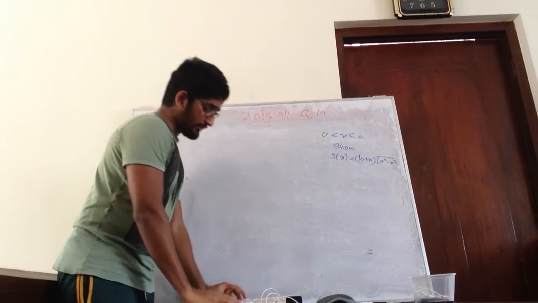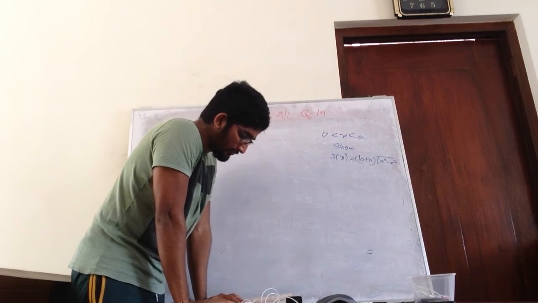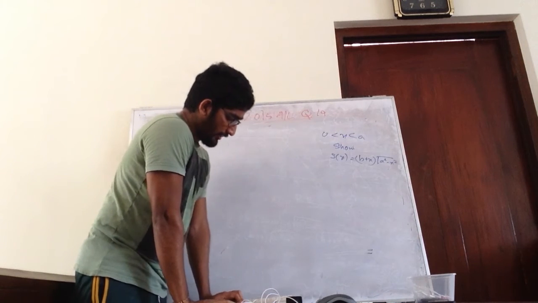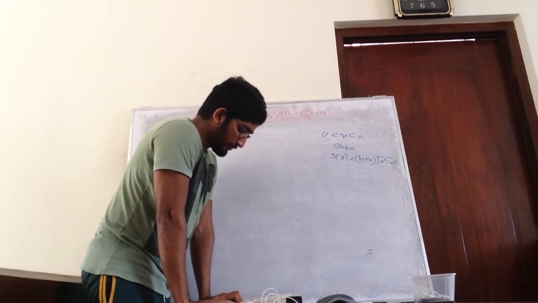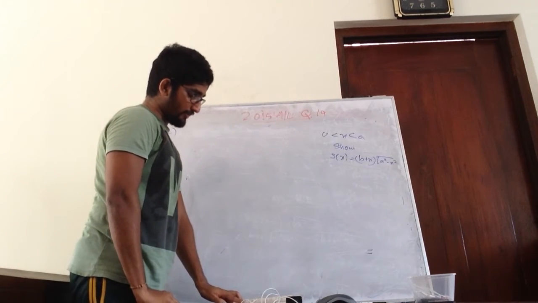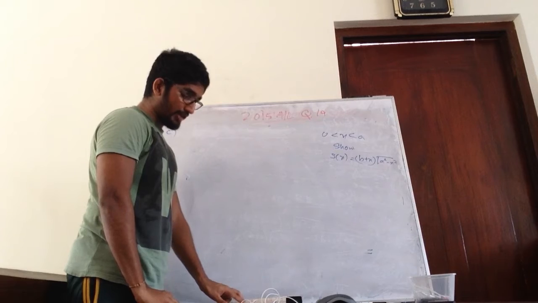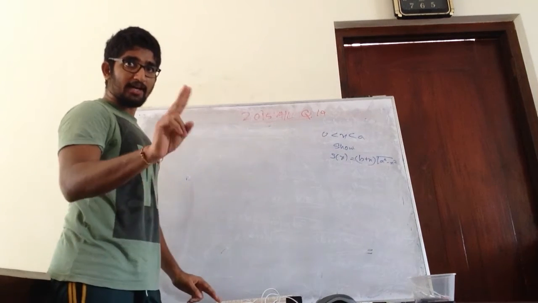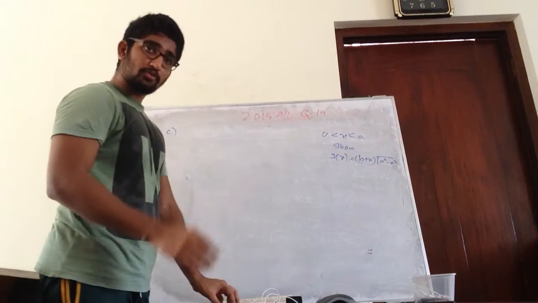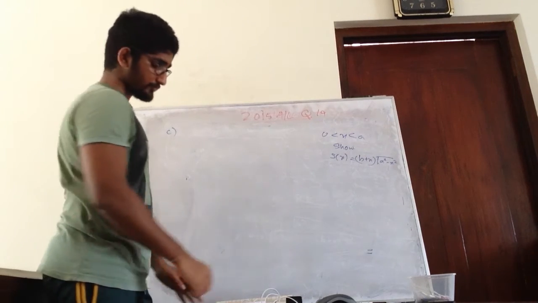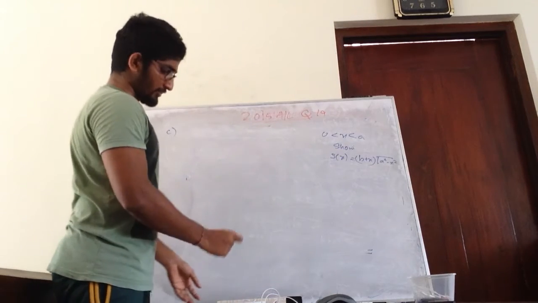Right, so then what are they asking? They are saying show further that Sx is a maximum for a certain value of x, and find the value of x and the maximum area of the trapezium. So they are asking two things: find the value of x and the corresponding area.